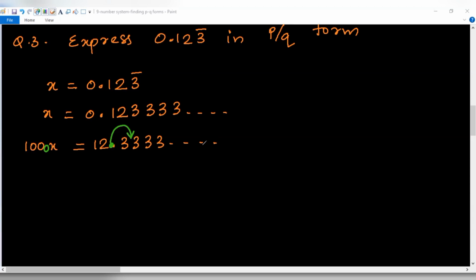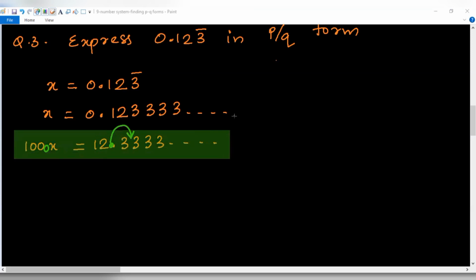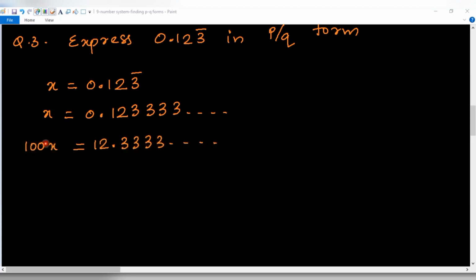Actually, we are going to multiply this equation by 10 throughout, on the left side and on the right side, in order to make this decimal move towards this place. So 100 will become 1000 now. 1000x is equal to, see, this decimal place will come here,